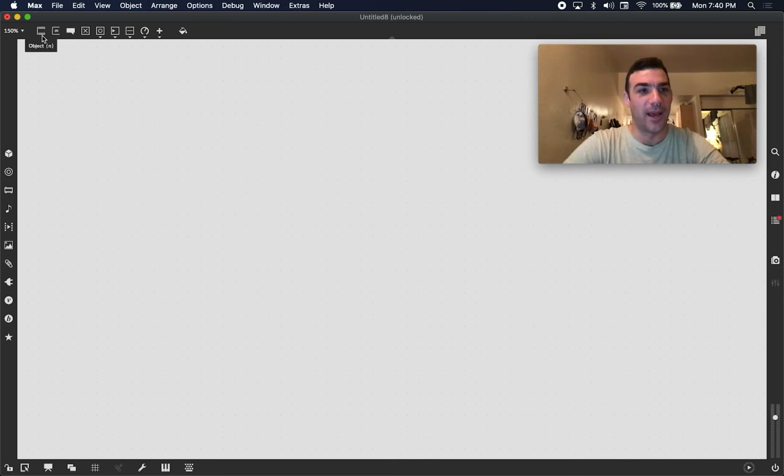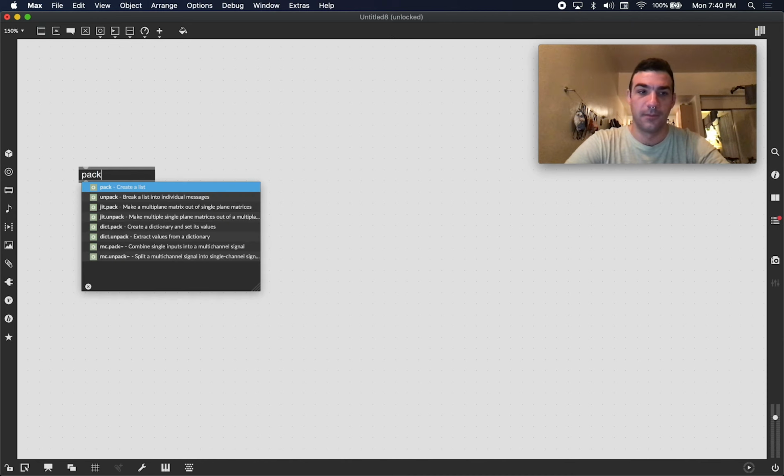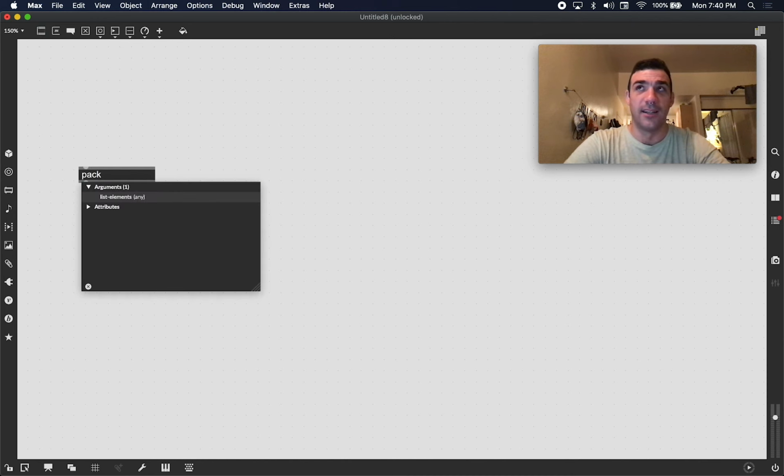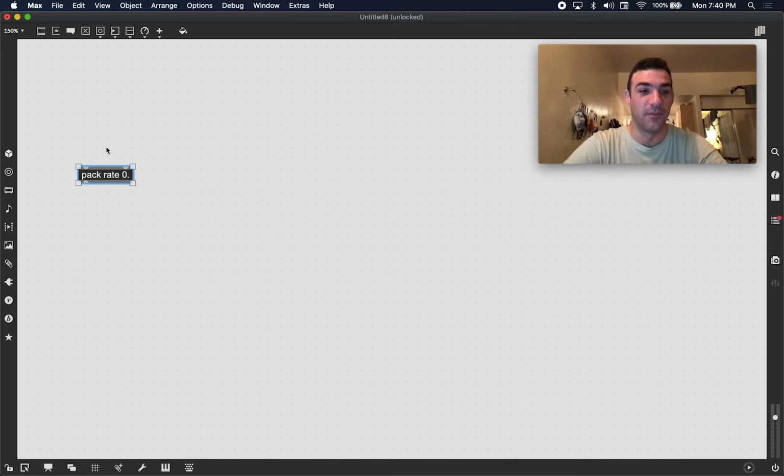If I did have the pack object, and let's say I wanted to make sure that it always started with the value, I could say, for example, if I had to give an argument, I could say rate and then 0.0 or 0 point. And actually this is a great instance of where I would want pack with a K, or POC as it's referred to. If I grab this float here,